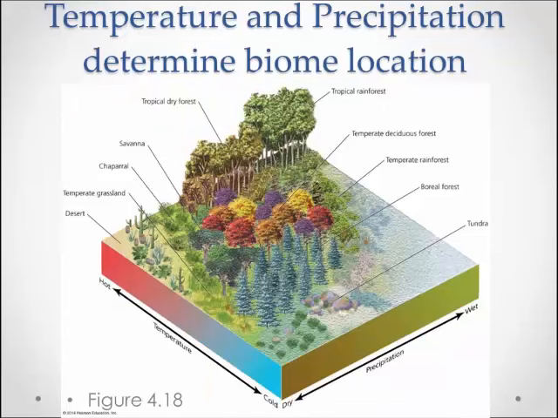The figure in this slide illustrates the continuum of temperature and precipitation that corresponds with each biome. The bottom corner of the figure represents cold and dry areas, so the landscape of a tundra is illustrated. A tropical rainforest is illustrated in the top corner of the figure because this is where wet and hot meet on the figure. Notice how all of the other biomes are also represented in various places on this figure, each situated according to the amount of moisture it receives and the general temperature of the biome.